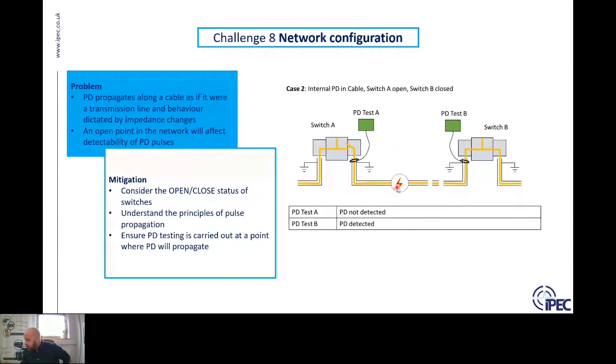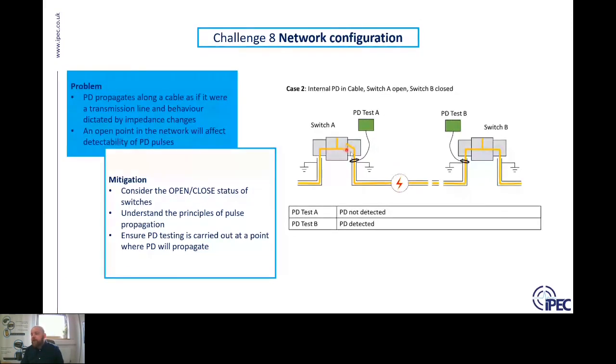And the reason is that in case 1, although there is some small impedance difference between switch A and switch B, generally they're relatively the same. Yeah, there will be some changes, you will get some small reflections, etc. But that high frequency signal traveling across the surface will experience some relatively small difference in impedance, not too much to worry about. However, when switch A is